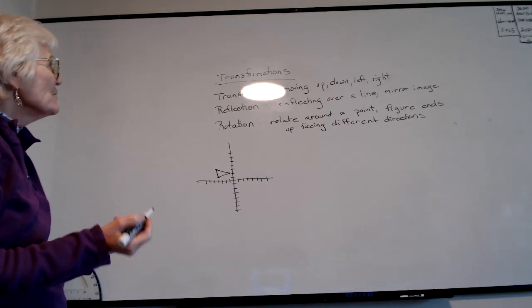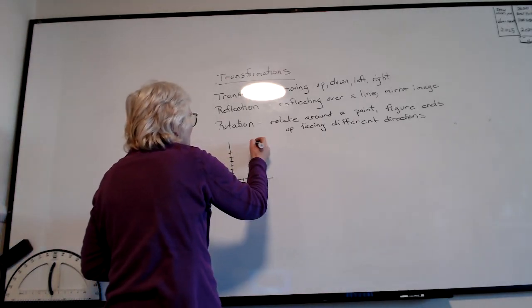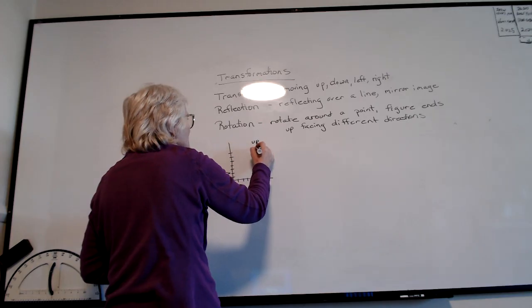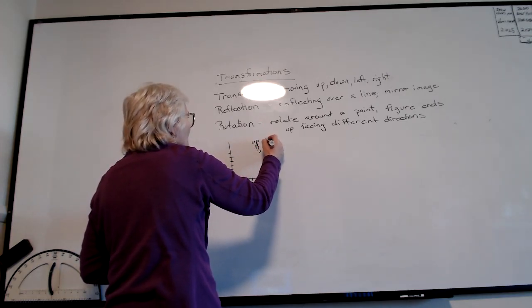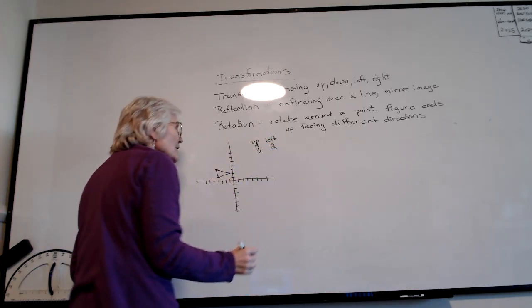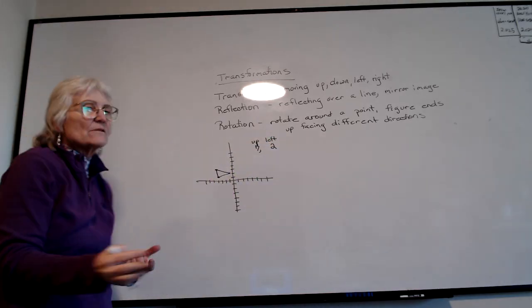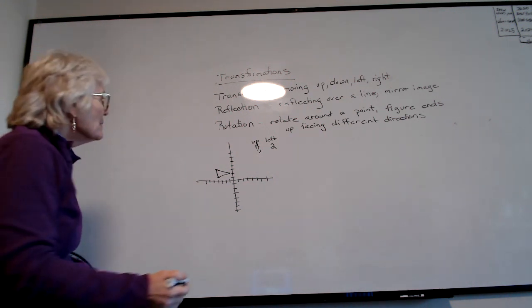Then when I'm doing a translation, I may say up 7, left 2. Okay, so what that means, you can start with 1 point, you can do all 3 points, but basically